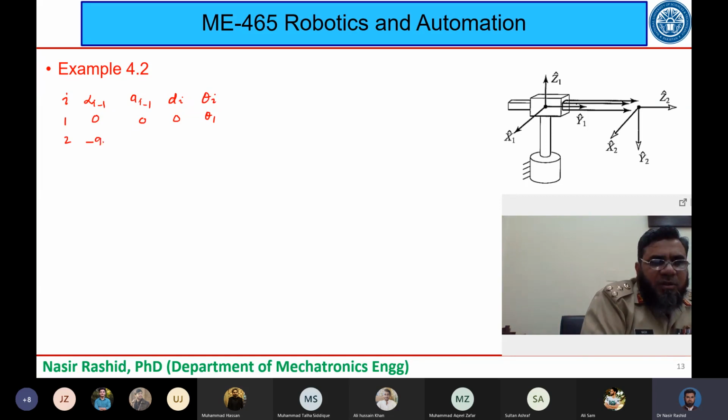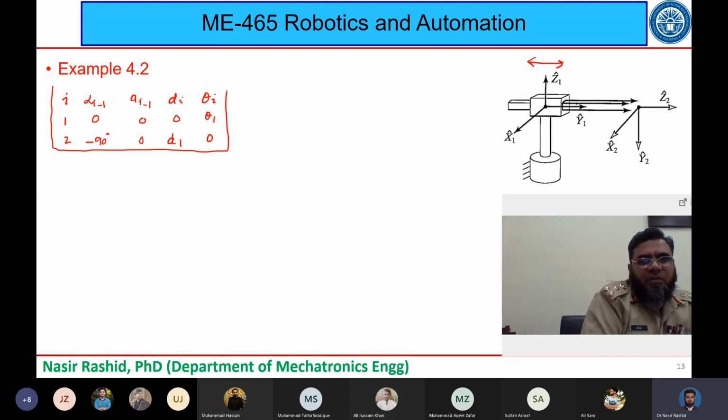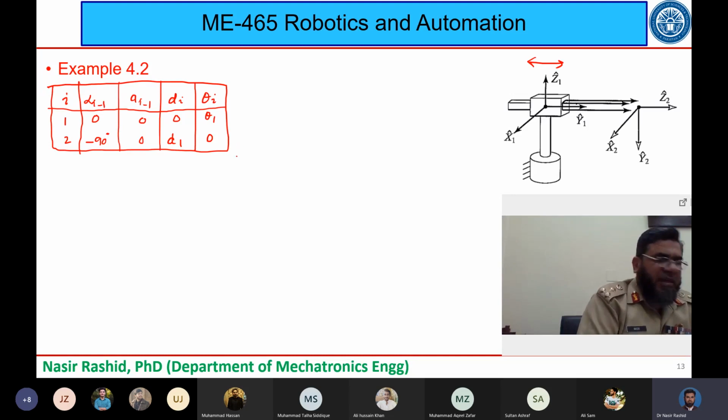Second, this will be minus 90, a i minus 1 will be 0, offset is d1, and theta 2 will be 0. You remember that this movement, this one, is a prismatic joint. So this is d1. So this is my DH table for this particular robot. We have discussed this before; if you want to do it again, you can build it and see. And now when I do the corresponding calculation,